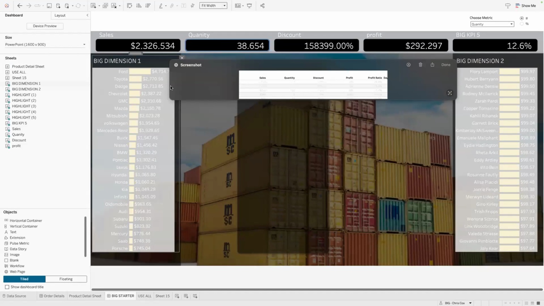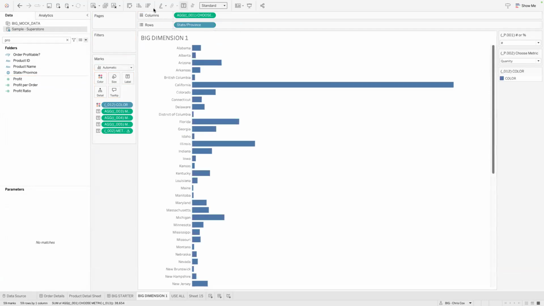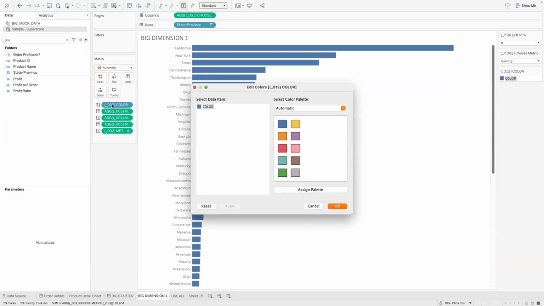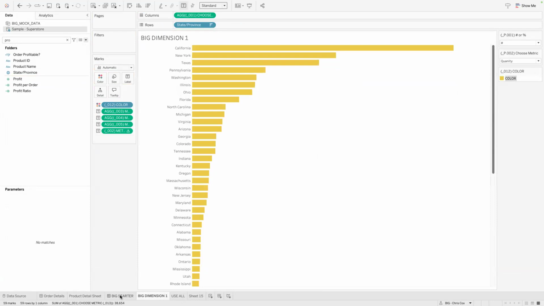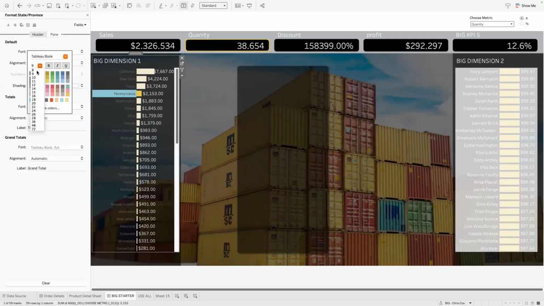So now I'm back to here. So we had these different dimensions. So let's just say I take state, and that's my different states. Also have a color setup. So for my color, I'll always create one field that has color in it. That way, if I do it once, it's going to do it for all of these. So if I change my color one time, that's going to swap it on all of my different views. So there's my state format, and I like to do font size 11, just a little bit bigger, and white. There we go.